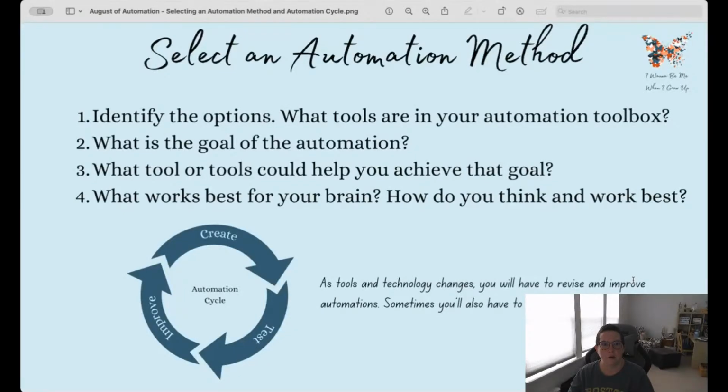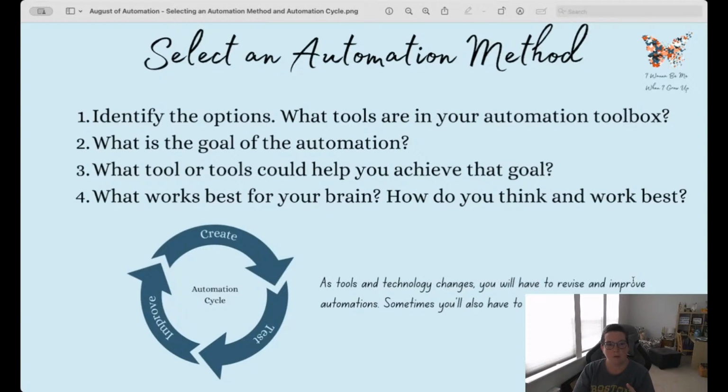All right. So hopefully you are seeing a slide here about automation methods. And that's why I really like this first example that we're going to do, because I'm going to walk you through. Let's see, I have five potential options for this particular automation of creating callouts to share with you. So you can see that I've already started to think through my automation toolbox. Again, since we're new in this series, if you are just coming into the article and the video series, I'll have an article on tools for you on Monday, so be sure to check that out.